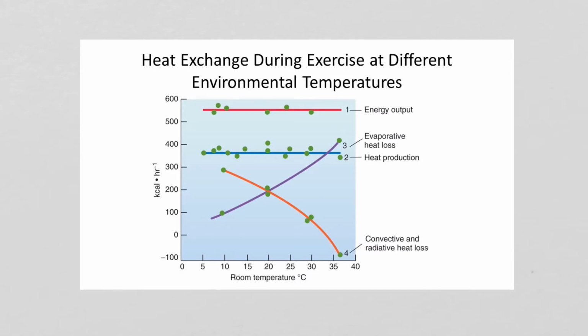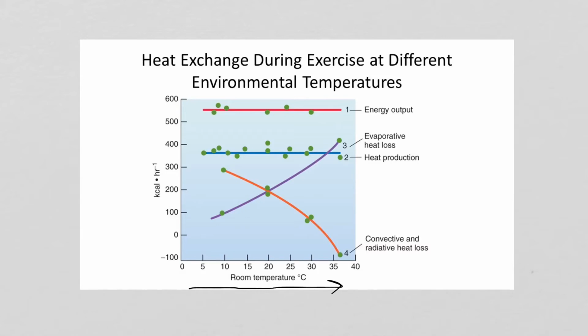Next, let's take a look at figure 12.8. This one shows the heat exchange mechanisms at different environmental temperatures. So in this case, we have someone exercising at a constant work rate. Let's say it's 100 watts or 200 watts. And we can see along the x-axis then this will be done in increasing